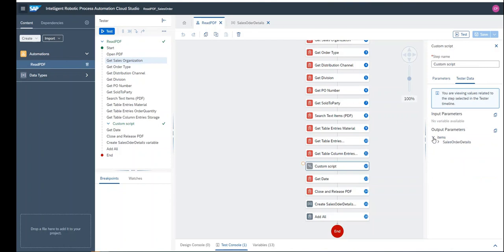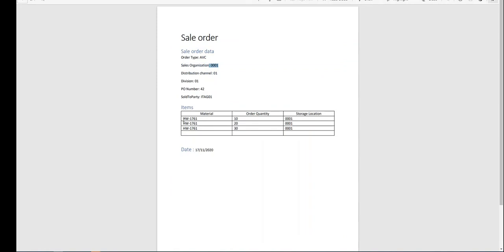So see the tester data. Finally I would have items here, and I would remove the spaces, and each item will have 0, 1, 2, 3 with the corresponding row data. So I would remove the spaces and also put each array item, line item, with the corresponding material, order quantity and storage location.